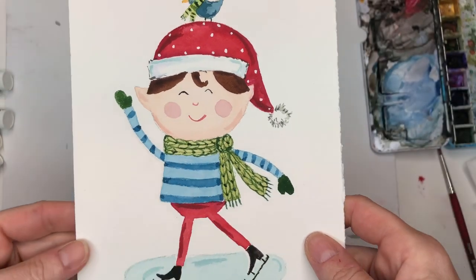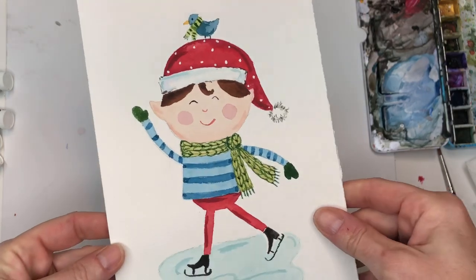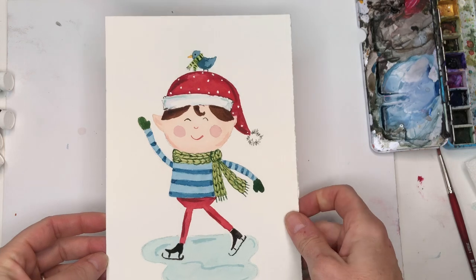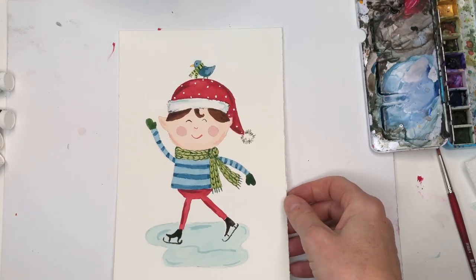I'm Crimi-Trent, and today we're working on a fun little cute Christmas elf. Yep, I show you how to draw this elf step by step,